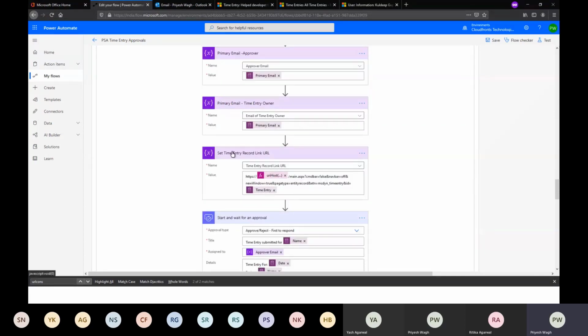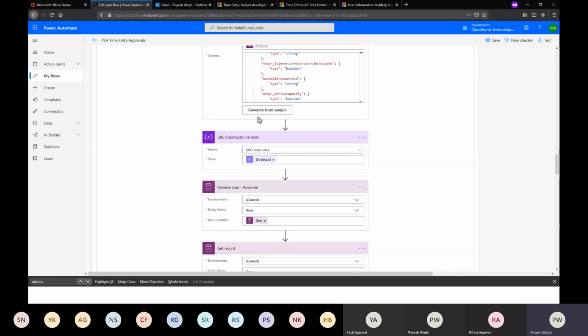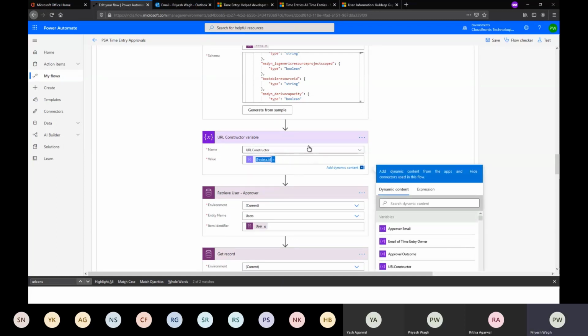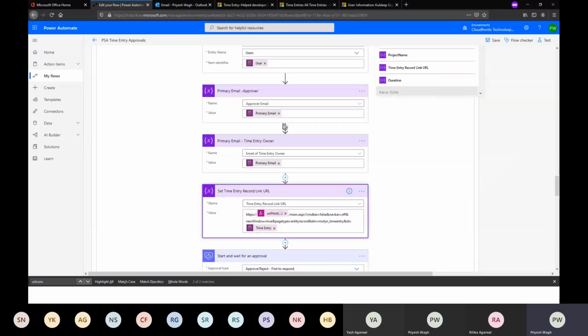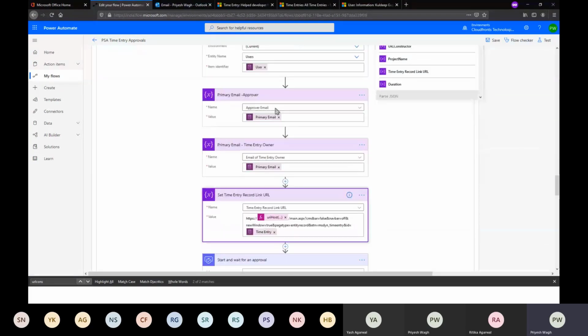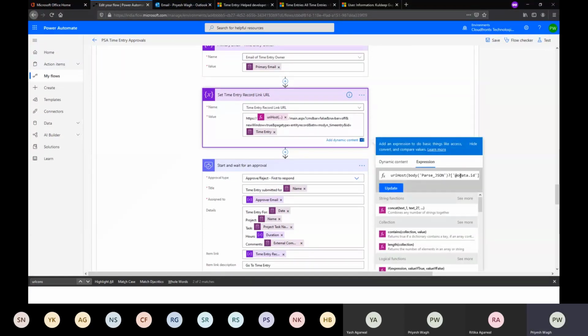So I'm just storing the email addresses of the approver and the email addresses of the time entry owner. Then this is where I use the link, and this is how I generate it. Remember, I picked it from the parse. I passed all the results here, and odata.id will give me the URL host.